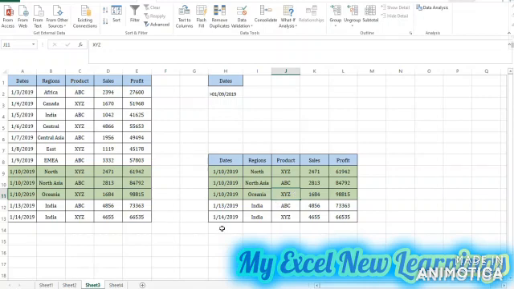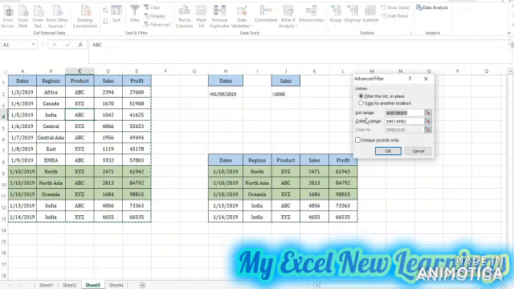So you can use the greater than, or if I want the sales, like greater than 2000, I will use the same. Go to the data tab, click on the advanced filter, then copy to other location, then select your criteria.